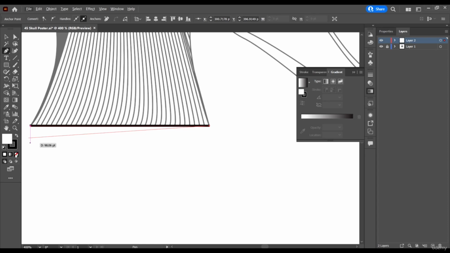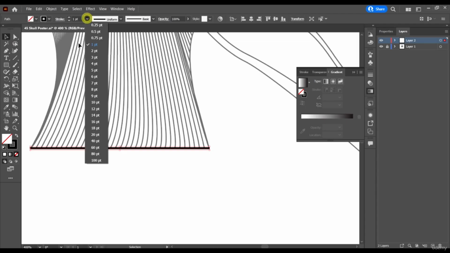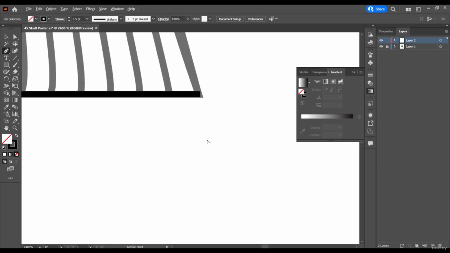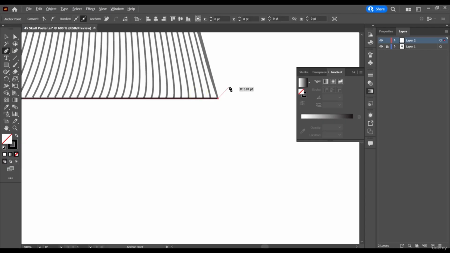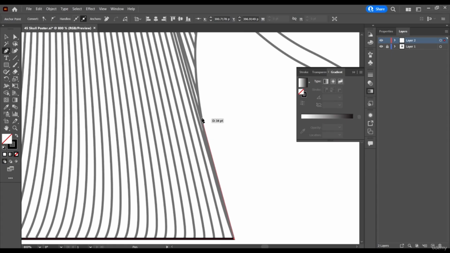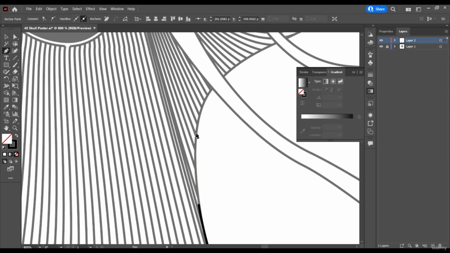Remove your fill color, and for the stroke I want to give it a stroke of 0.5 for now, and then continue my drawing. So I'm just tracing out the outer shape of my skull design here using the pen tool.